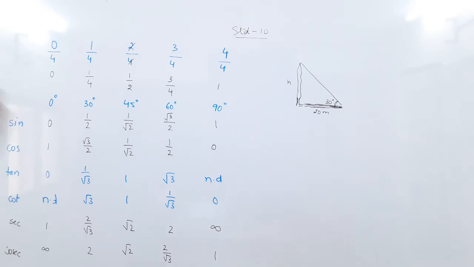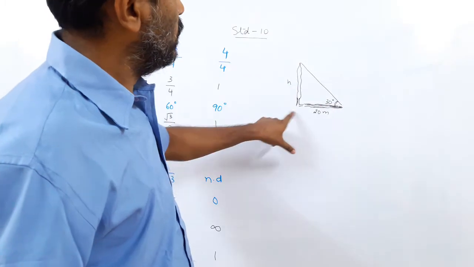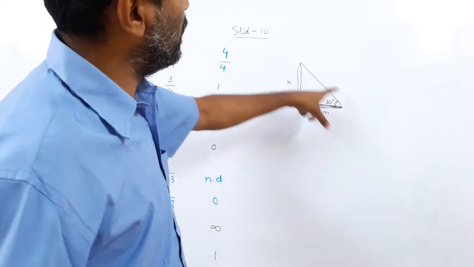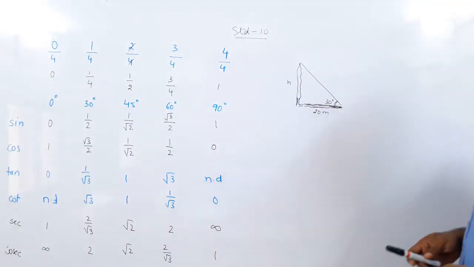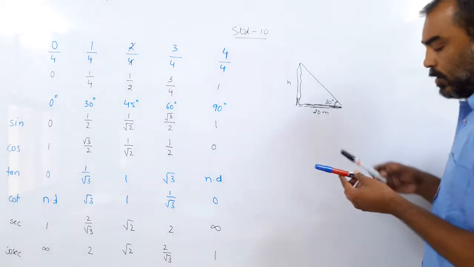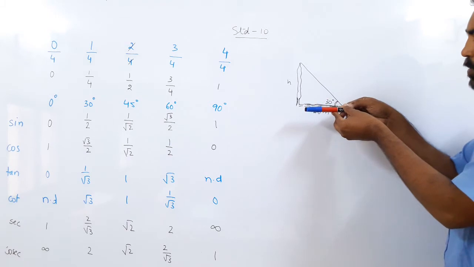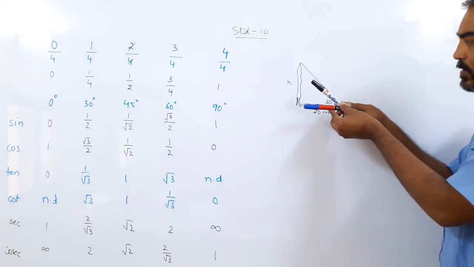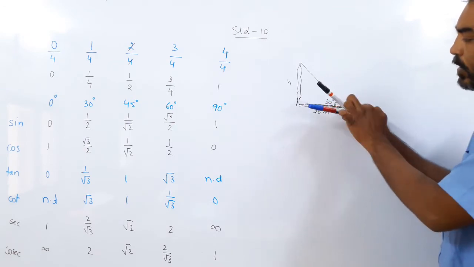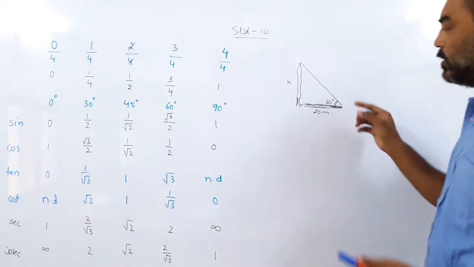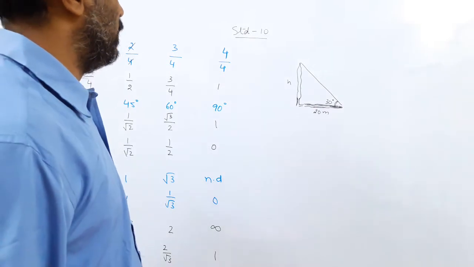So what I have done, you can see the sun rays are falling on a tree and the tree is making a shadow. The end of the shadow to the top of the tree makes an angle 30. So how do I measure it? You can easily make an inclinometer. How is it done? You hold two instruments like this. One is at the bottom of the tree and the other one you raise till it reaches the top of the tree like this. Then when you place a protractor over here, you can easily know the angle. So let us say the angle is 30 and the shadow of the tree is 20 meter. We have to find the height.